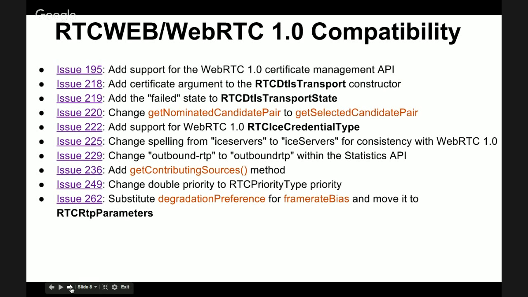Okay, for WebRTC 1.0 compatibility, in issue 195, 1.0 has added a certificate management API, and there are a couple of reasons why that was needed. One of which is that RSA certificates can take quite a while to generate, particularly on a mobile device.